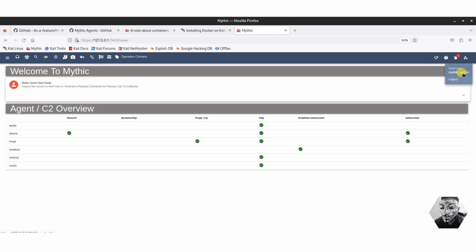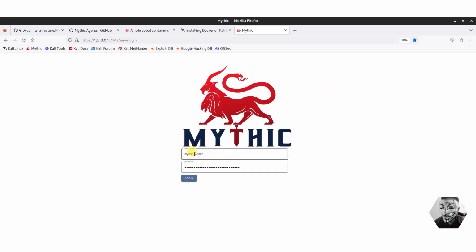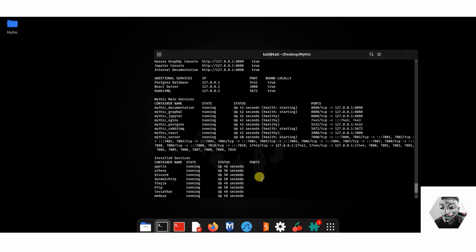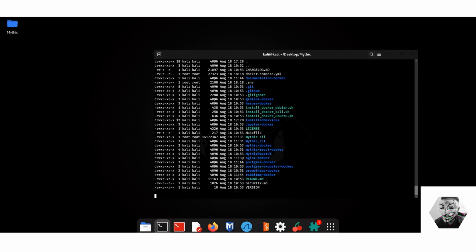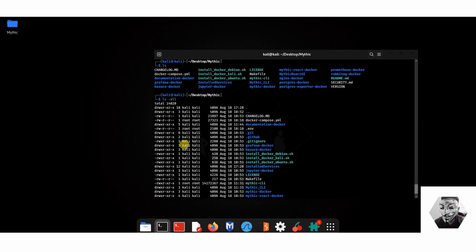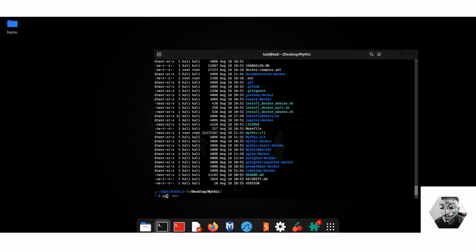Now just for namesake, this is what the splash page will look like if you're first logging onto it, but you might ask yourself, where do you get these details from for the login in the first place? What you will see here, if you press ls under here or ls -a, you'll find some hidden files here, and one of them is this environment variable file. If you were to cat this environment file out,